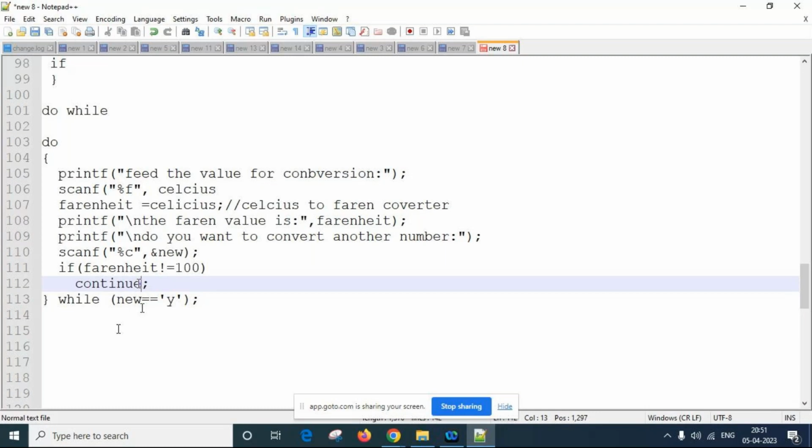This is also one way of doing. When the compiler sees continue, the control jumps to the beginning